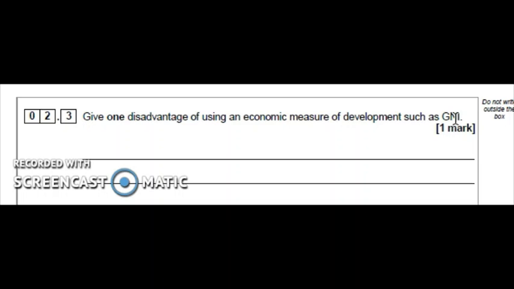so it hides the fact that you might have loads and loads of people that are really, really poor. Also, okay, a country might have a lot of money, but it doesn't factor in what the government does with that money. It doesn't really tell us anything about the quality of life. So the government might have money, but are they spending it on hospitals so people can live long? Are they spending it on schools so people can read and write? So it's all those sort of social factors that if you just measure the economy and money, it doesn't factor in.